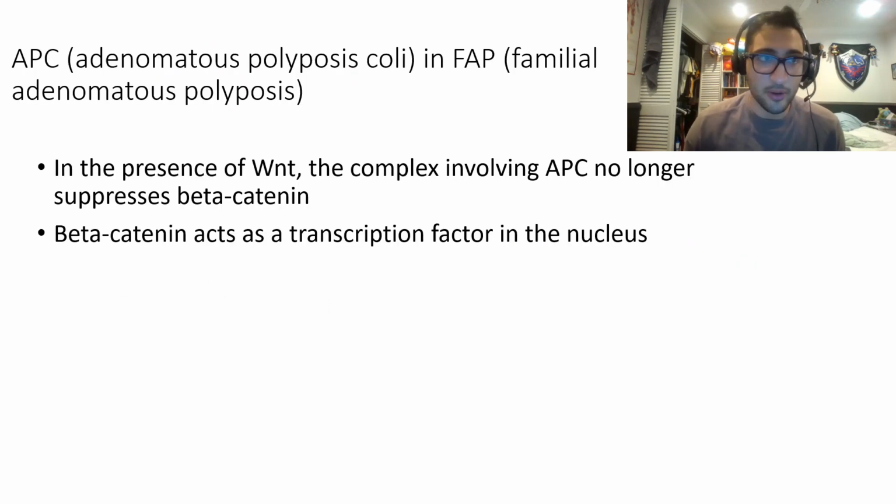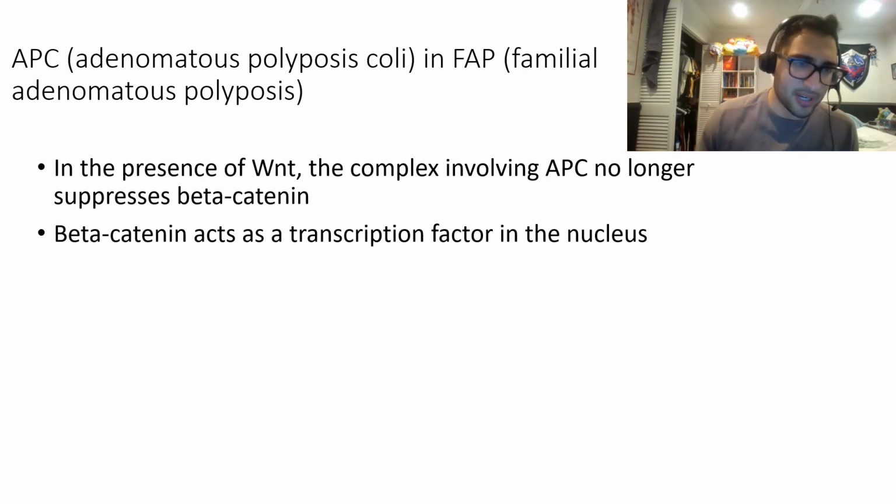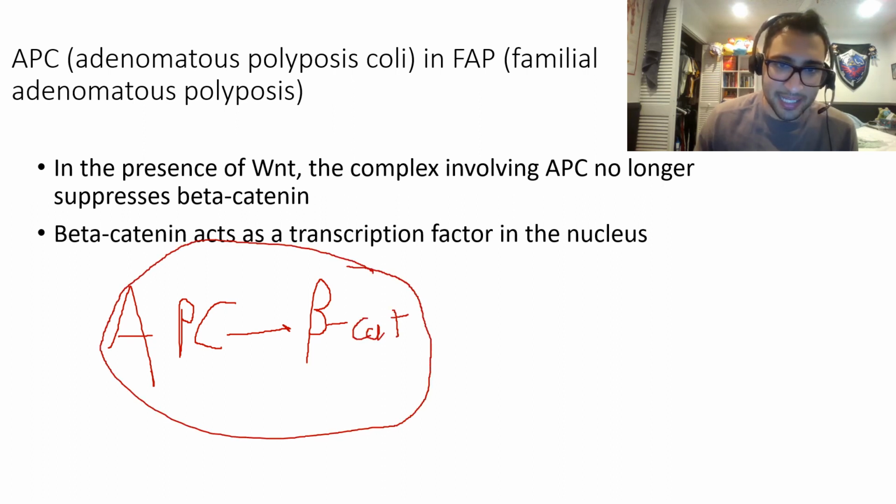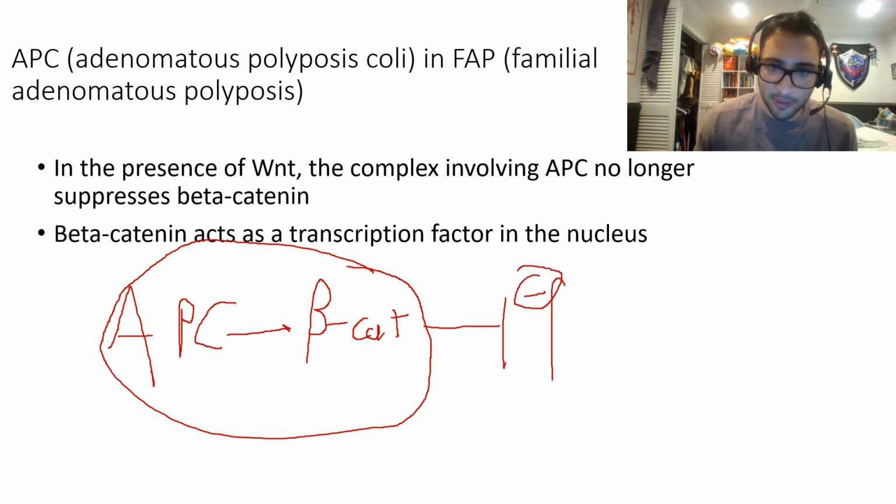And I kind of talked in another video about the APC gene. So normally, to summarize it, because I already have a different video on it, I would refer to my Wnt signaling pathway video because I talk about this in detail. But in the presence of APC normally, APC will bind beta-catenin, and this binding prevents beta-catenin from acting as a transcription factor. All right, so APC binds beta-catenin, and beta-catenin can't act as a transcription factor. Okay, and if it can't act as a transcription factor, you don't get cell division, cell growth, etc., all those